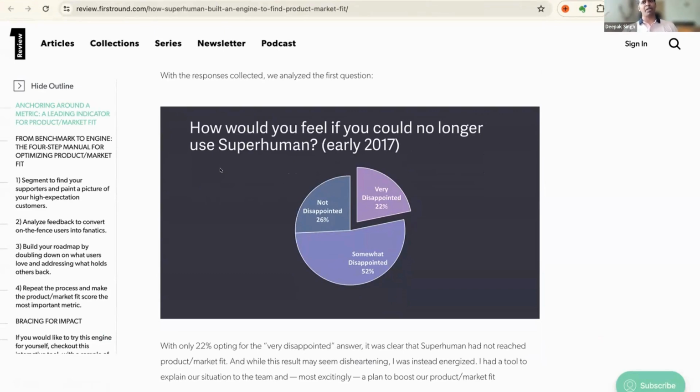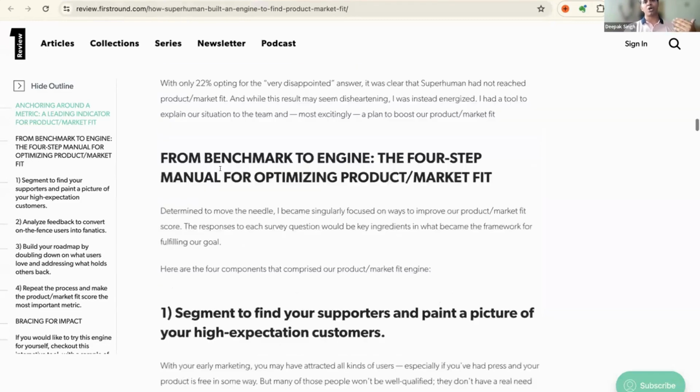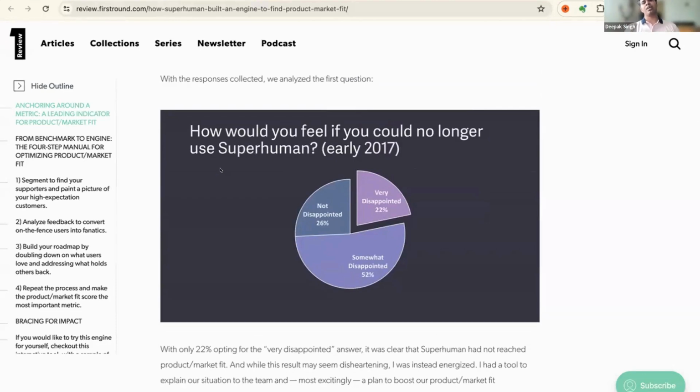And he talked to a lot of people. He was VP of growth at Dropbox. He was connected to a lot of good companies and good people, and he consulted a lot of companies. 40% is a magic number. And Superhuman just took this simple insight and built something immensely beautiful out of it. Rahul Vora talks about this exercise in his blog post, where he says that they took this survey and found that in early 2017, 22% of people were very disappointed. But this was not enough.